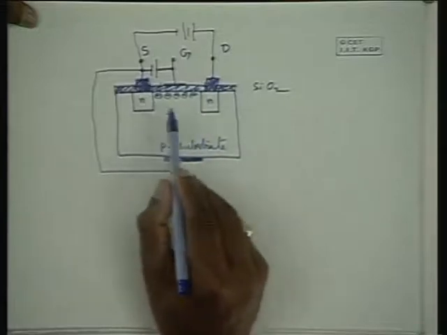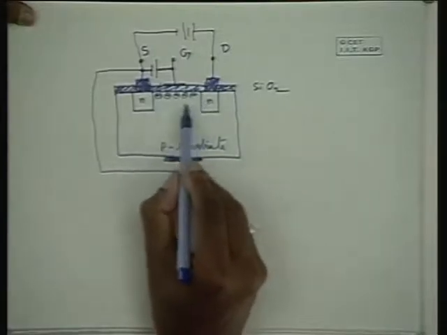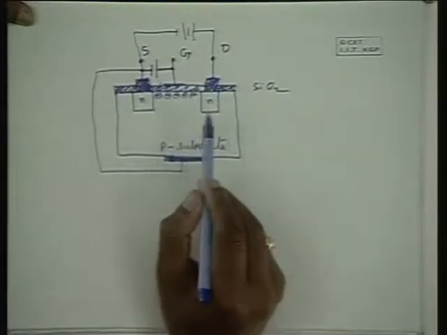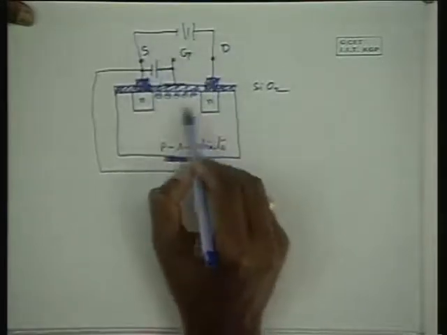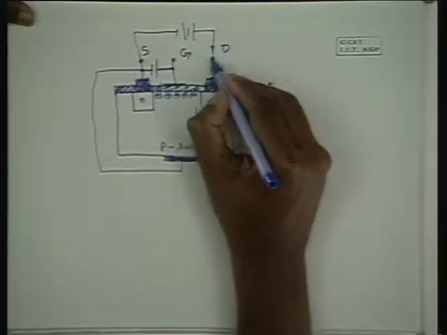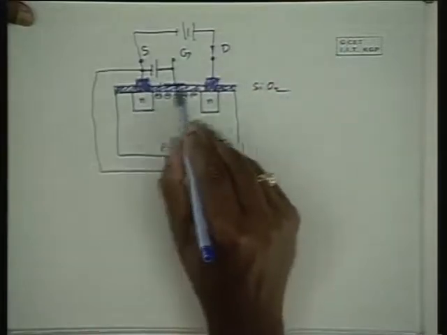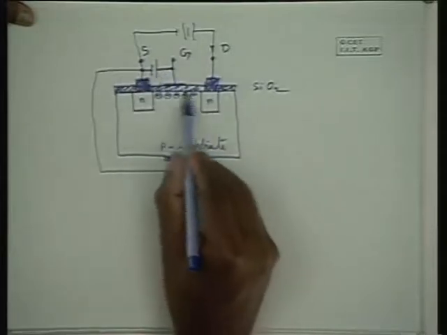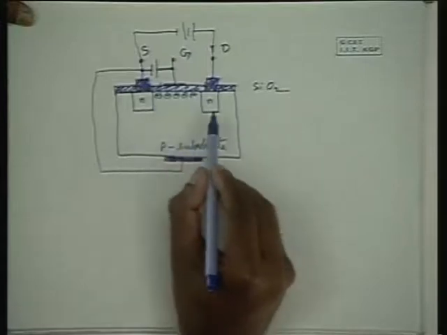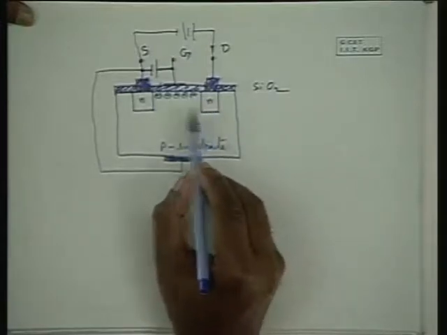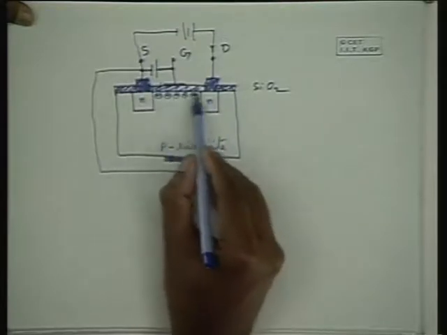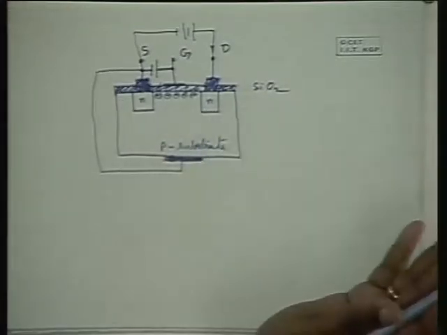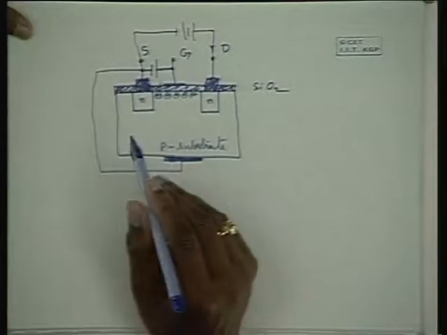Therefore, this P-type semiconductor acts like an N-type semiconductor bar around this channel, around this region close to the gate. Hence, when you apply some potential difference, some current flows through this channel. So this current depends on this potential, because this potential is responsible for the accumulation of the electrons around the gate region. And since this is N-type, this is N-type, and this one acts like an N-type semiconductor, it is now similar to a JFET, and it conducts.